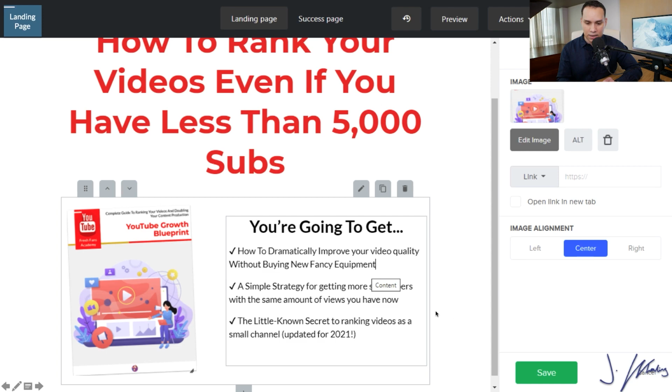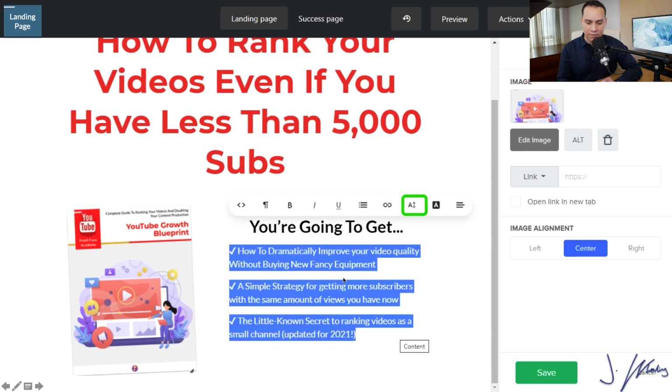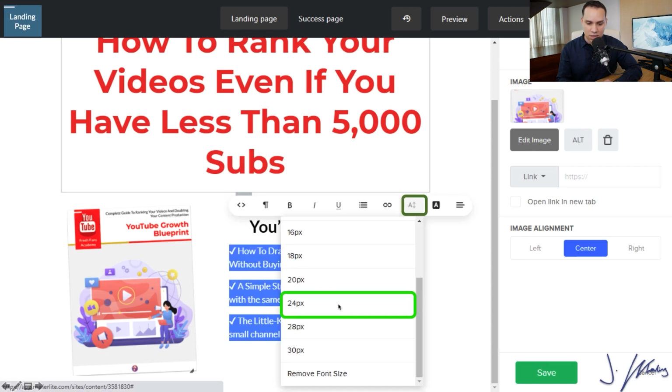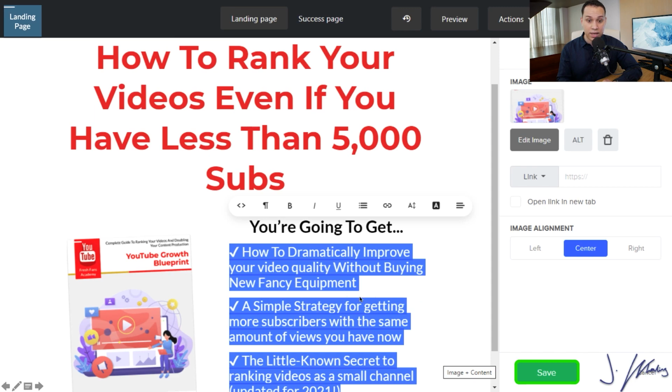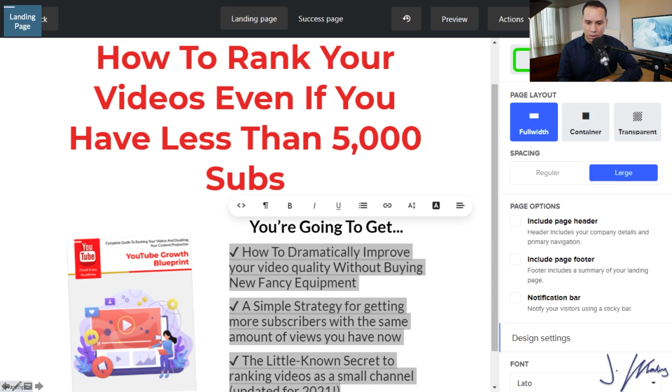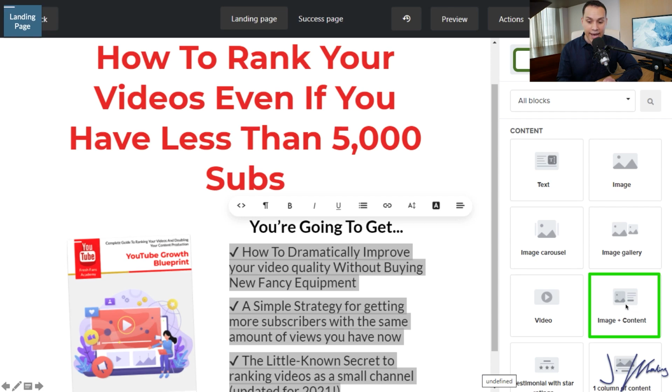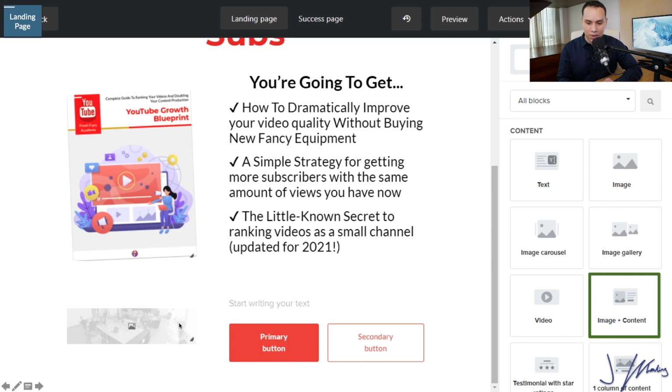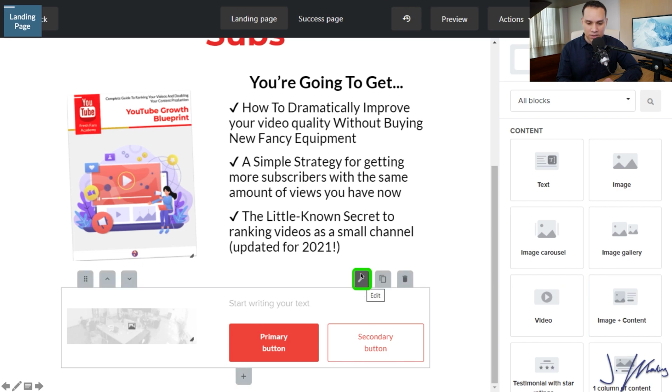and I can go ahead and start to highlight everything here and change the bullet point size as well. Again, I'm zoomed in, which is why everything looks really, really big. So we'll go ahead and click on save now, go out to blocks, and we're going to add another image and content block. So I'm going to add that below here,